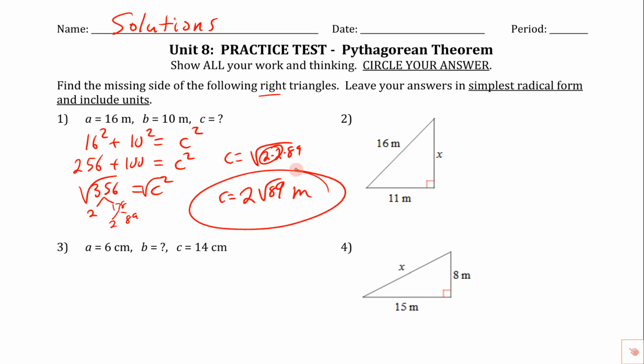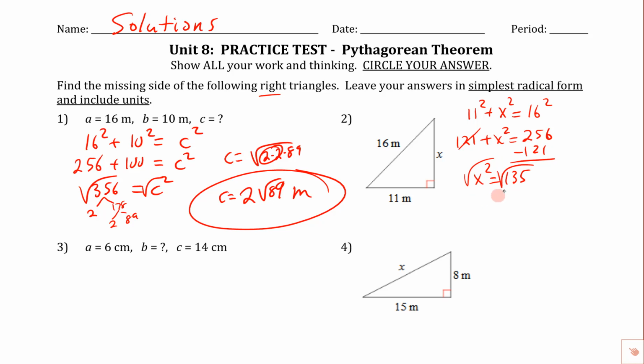Okay, taking a look at the next one here, we're missing this leg, so I'm going to do a leg squared plus a leg squared equals a hypotenuse squared. So this is 121 plus x squared equals 256. Again, if you need your calculator to get those, it's just much easier if you already have these memorized. So I'm going to go ahead and subtract the 121. Calculator's totally okay here. If you grab your calculator, this will tell you that it's 135,